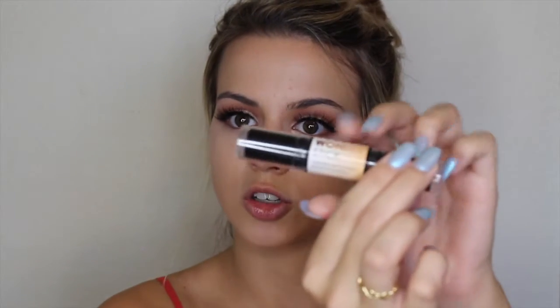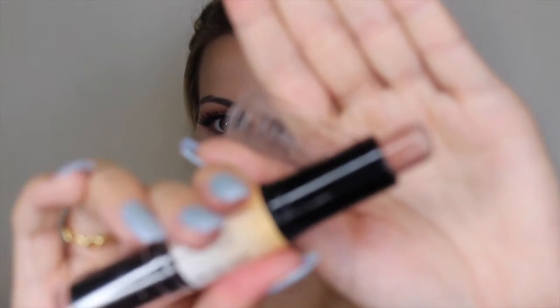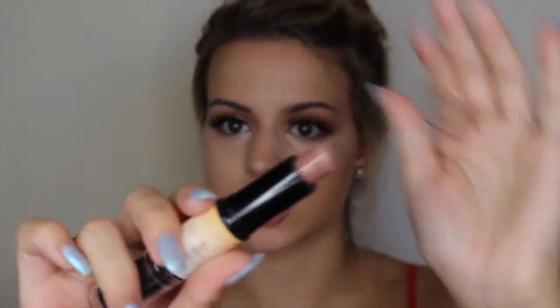Okay, so for my cream contour, I'm going to use this NYX Wonder Stick. And this is in the shade Light Medium. This one had the most cool toned contour shade. You can see that right there. For contouring, you want to go with a very cool toned brown rather than an orangey warm tone. That's just going to make it look the most natural and like an actual shadow on your face rather than